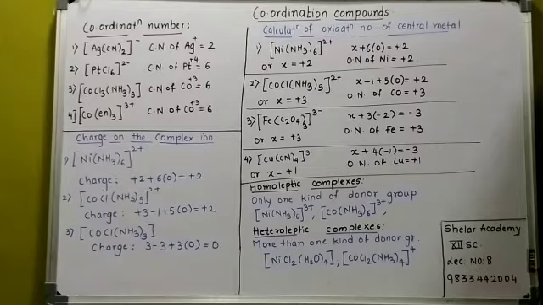Fine. Now let us see some of the examples I have written over here. The very first example is Ag(CN)2 minus. So which metal is in this? Silver. It is associated with cyanide, which is a monodentate ligand. So how many ligands are there? 2. So the coordination number is 2. I think it is clear. Similarly, chloride. Okay, the next example, the second example, on the left hand side.